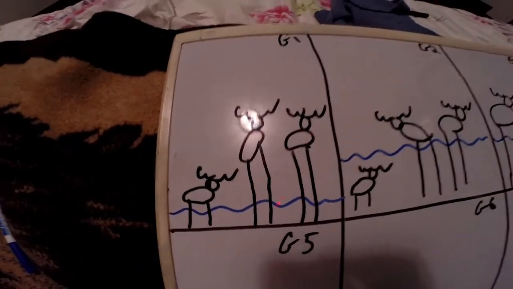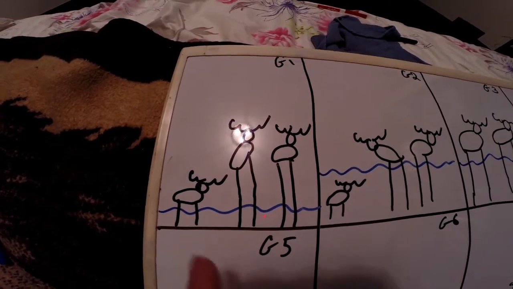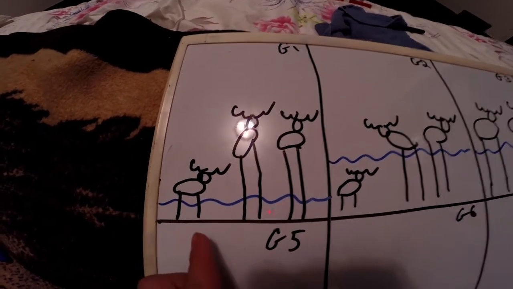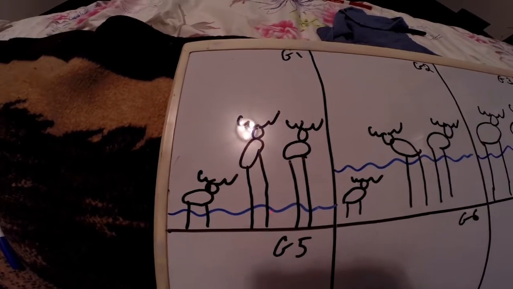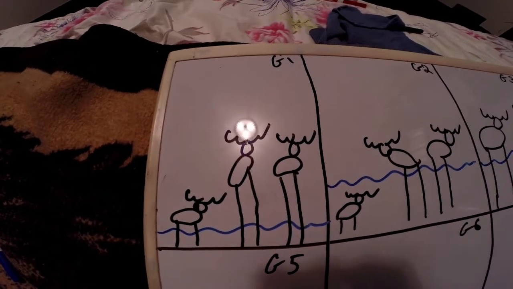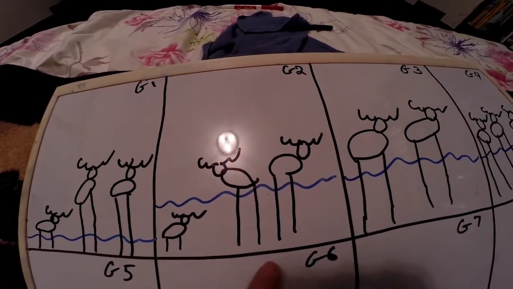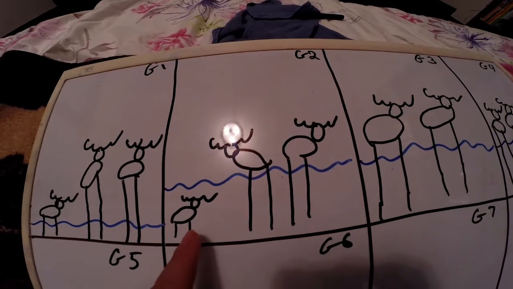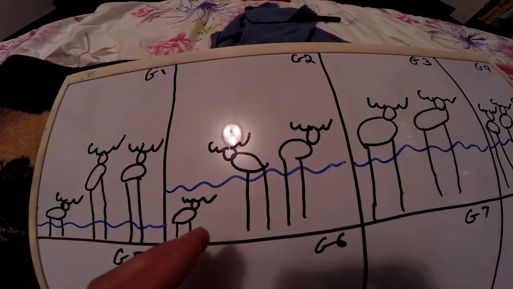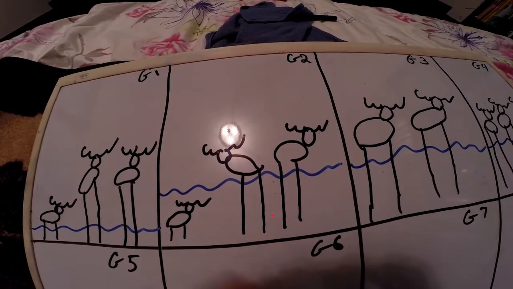So we see right now we have a population of a moose species. They have a variety of traits. We have a short-legged moose and two long-legged mooses. Right now the water level is okay for everybody, but the environment is going to change, and then boom, look what happens. The long-legged mooses are okay, but the short-legged moose is not. The long-legged mooses have an increased fitness because of the variety of genes that they have that gave them longer legs.